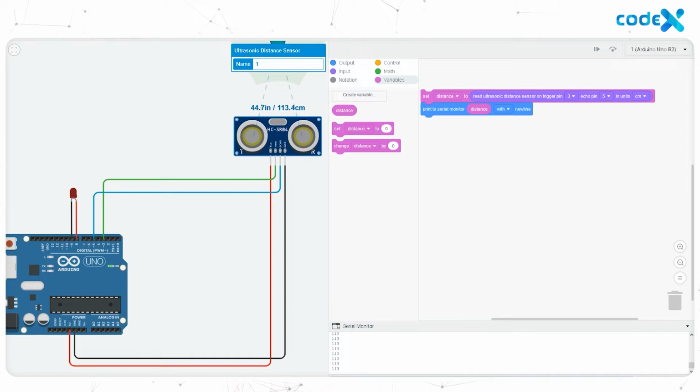The obstacle is 113.2 cm or 44.7 inch away from the ultrasonic sensor. You can also see the distance, that is 113 cm, in the serial monitor also, which was the default value. This is the obstacle as you move it. The distance between the sensor and the obstacle varies, and it will be displayed in the serial monitor and also